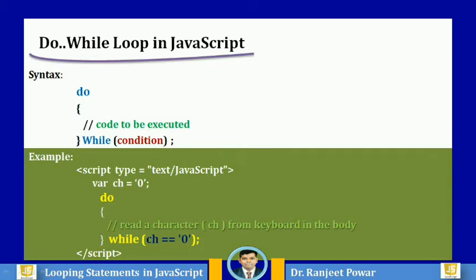The do while loop is executed at least once, whereas the while loop may not execute at all. The do while is typically used in situations where the body of the loop contains a statement that generates a value that you want to use in your conditional expression, like the code given in the example.